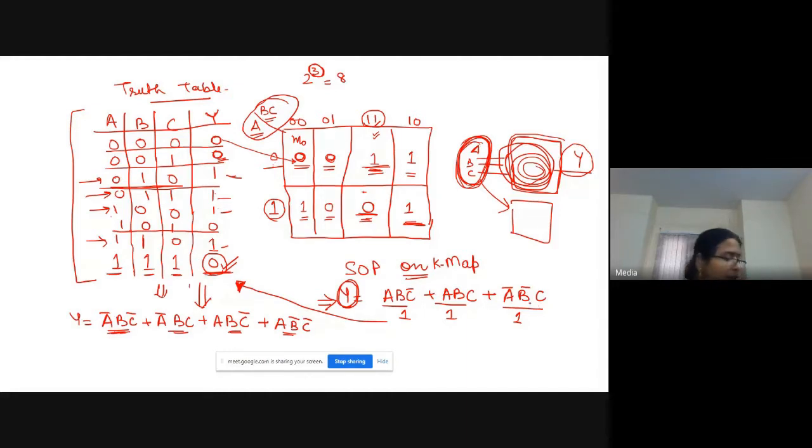Similarly, if I have written in the form of this SOP, this means that if I expand it in the truth table form, I will get 8 entries, and in those 8 entries, I will get 3 ones, only for these 3 terms, and for the rest 5 terms, I will get zeros. Is it clear to you?